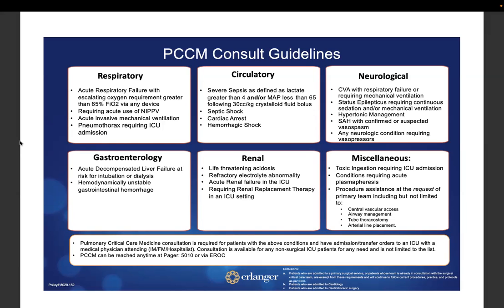Do we still go through the 5010 consult number? The question was, do they still go through the 5010 consult number? Yeah, absolutely. You can always contact us 24/7 on 5010. If you're not getting a response, I would just call EROC and try to get a hold of us. That way it's pretty uniform. Eventually, just speaking from the IT side, like Tiger Text used to have groups, like you could text manager on call, we'll eventually have that where you can Tiger Text critical care on call. But for right now, it's 5010.